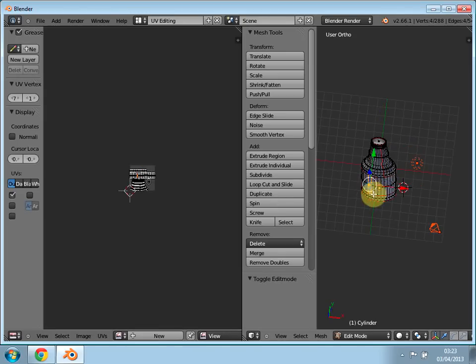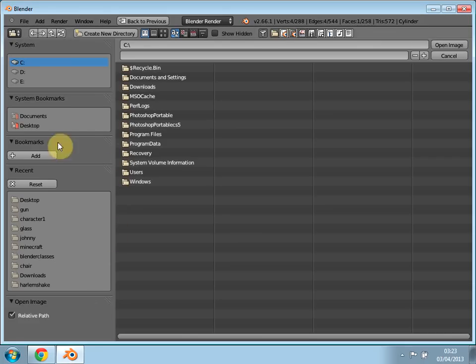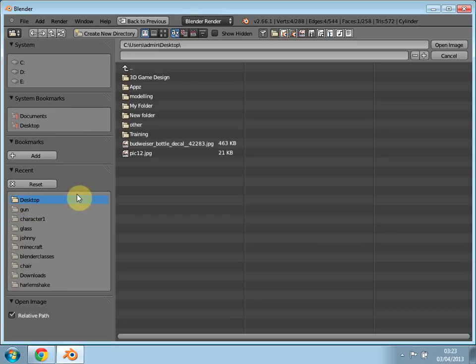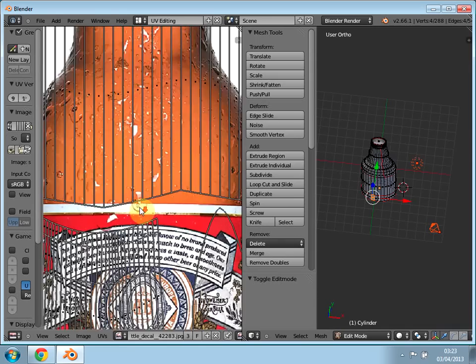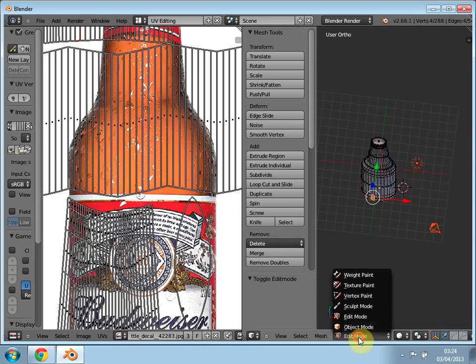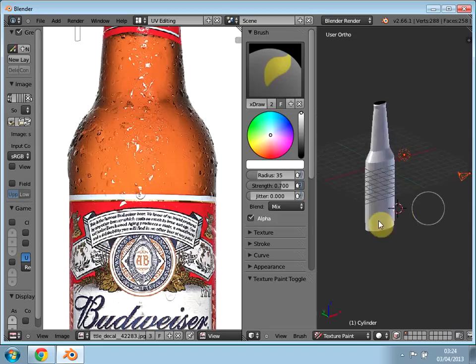Now this is already unwrapped, so we just zoom in and we can go to image, open image. I go to my, oops, sorry about that. I go to my desktop and I click the Budweiser bottle. Once that's done, if you come here and you click the texture paint, you will see